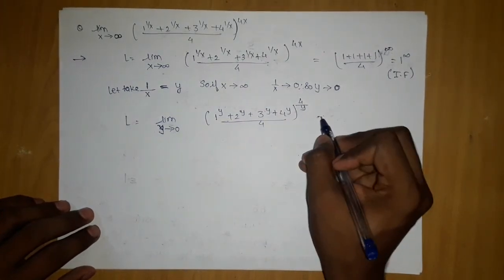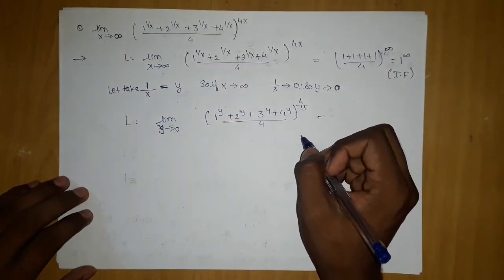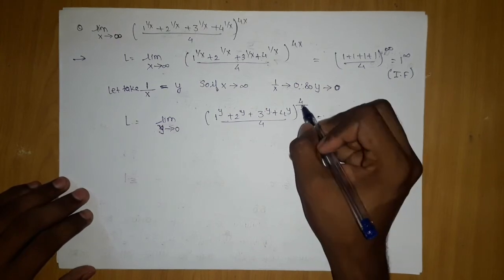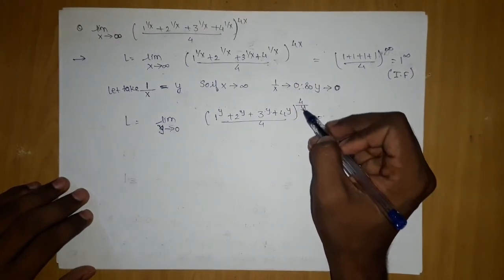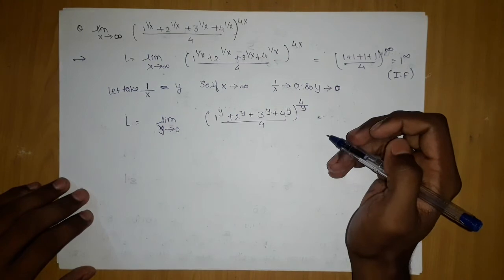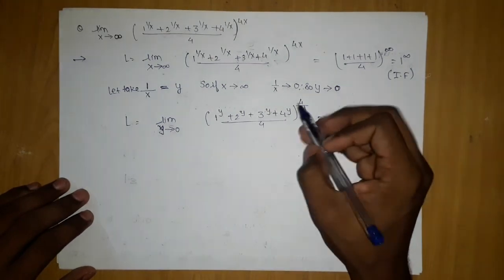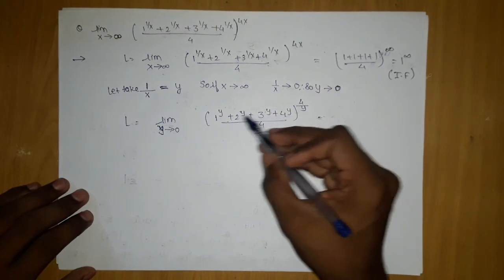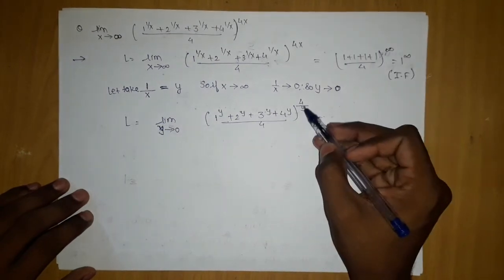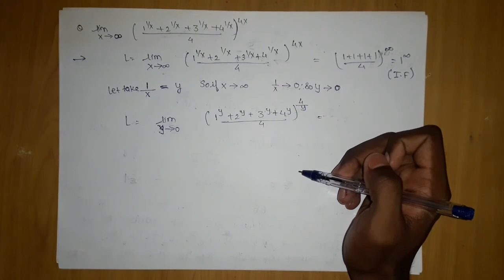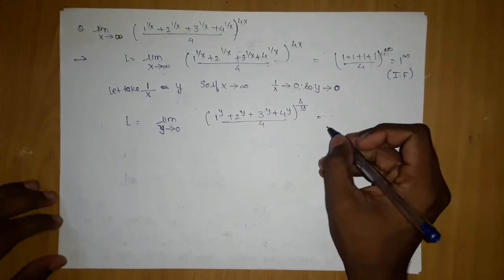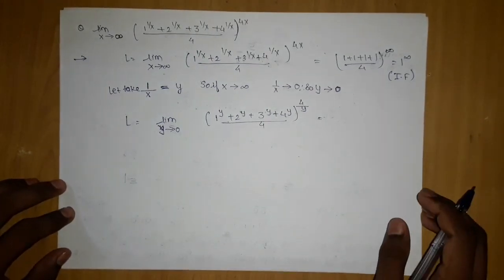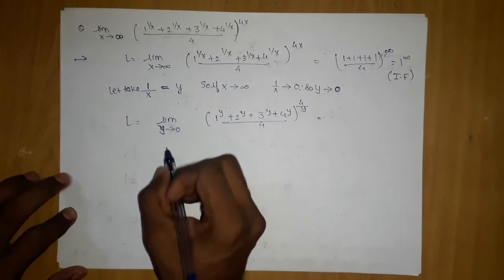After this step, if I substitute the values, this was x, this will become 4 by y. You have to take care of this. If I substitute the values, I am getting (1 plus 1 plus 1 plus 1 by 4), and this will become infinity. It is still the same, but our differentiation part has reduced indirectly. Now we will take